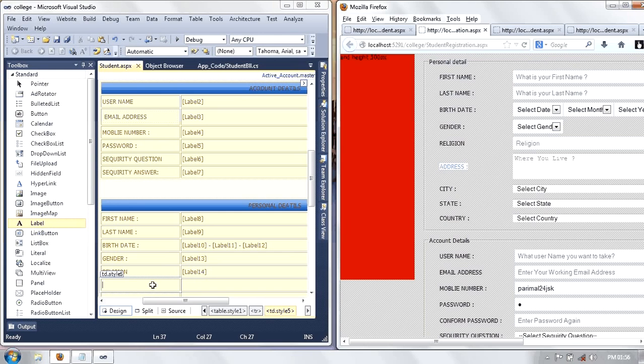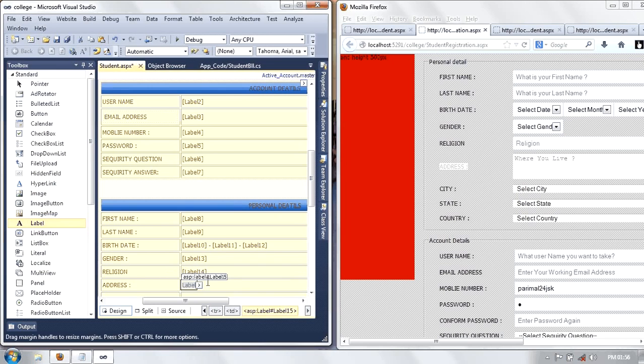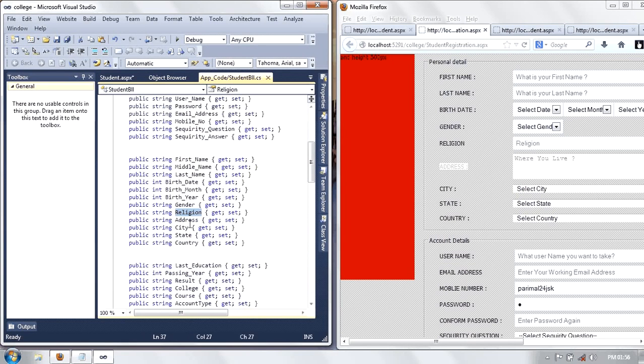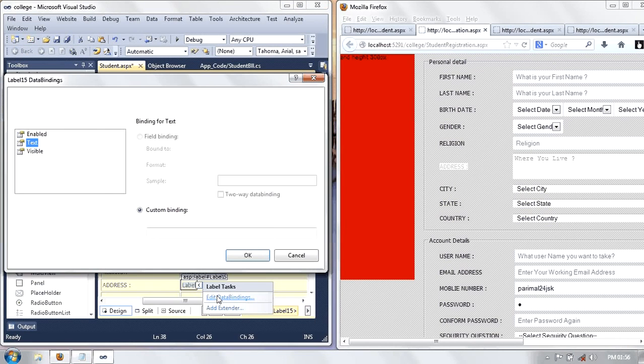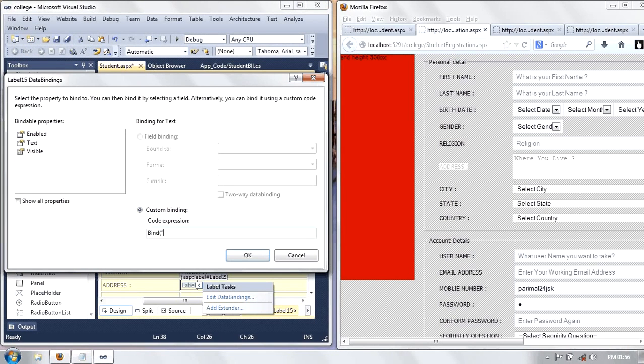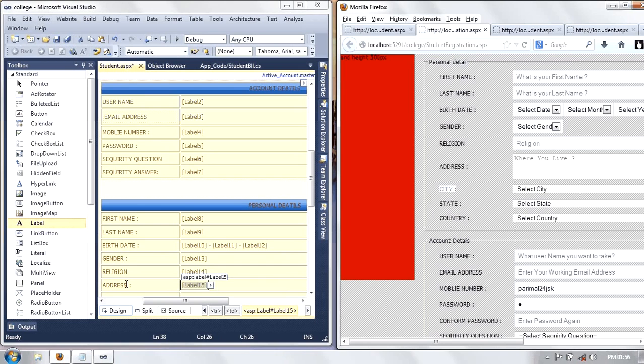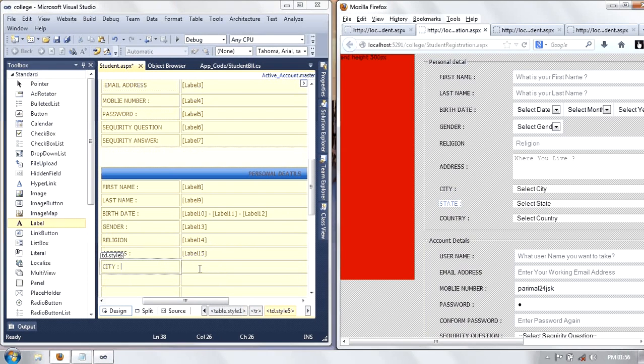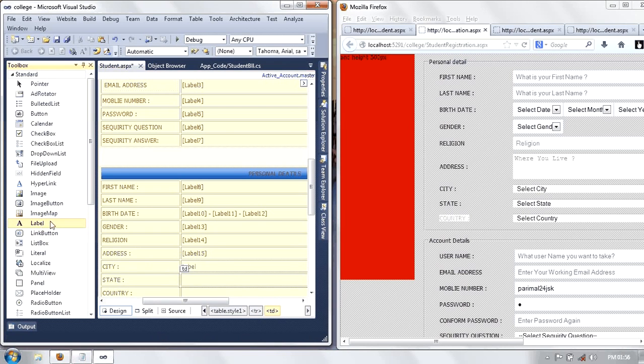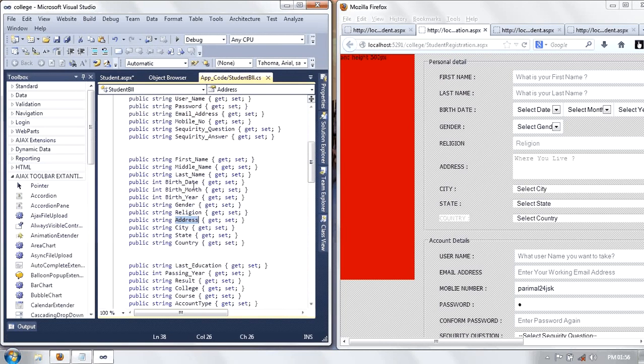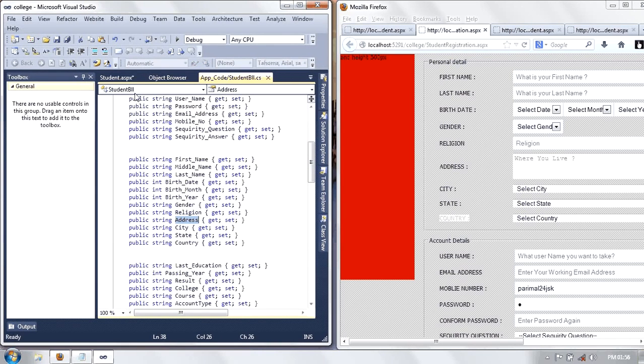now next is address, label, address, data bind, address, city, state and country, label 1, 2 and here is 3. Now city, state and country. Okay,